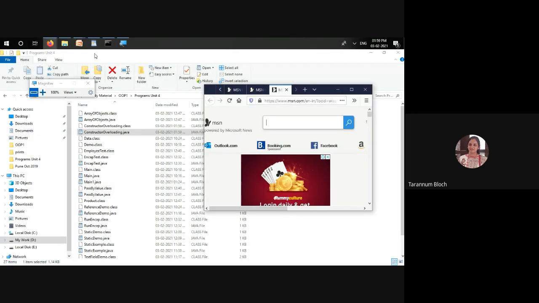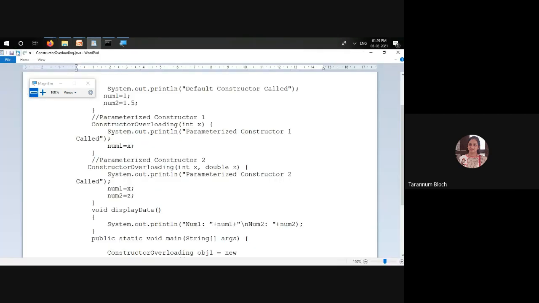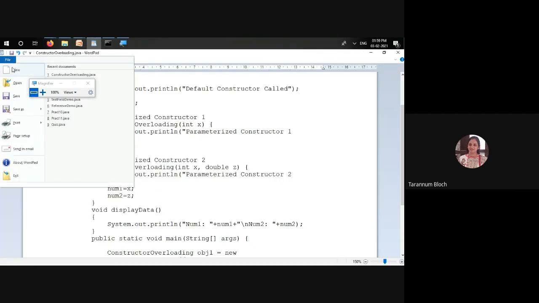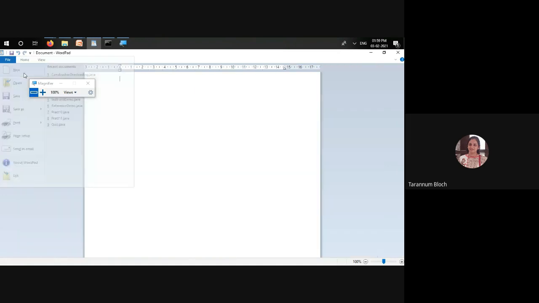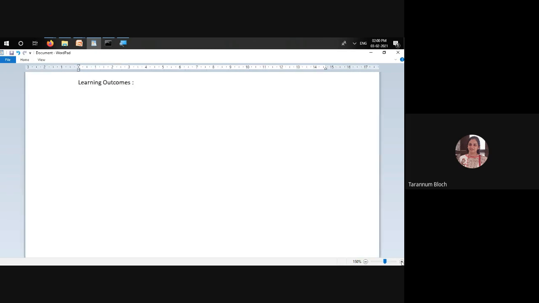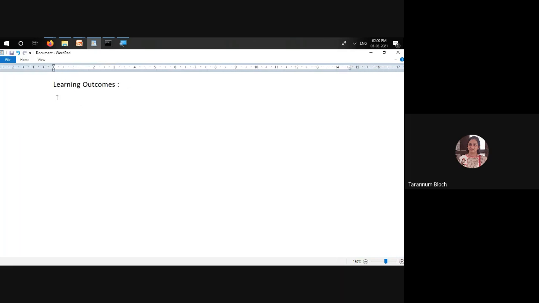So can we quickly discuss the learning outcome? What we learned today, and make sure that next time you are reading those things. What is the learning outcome? What did you learn today? Quickly, tell me. This time I want an answer from you. Exactly, what constructors are. Then types of constructors.